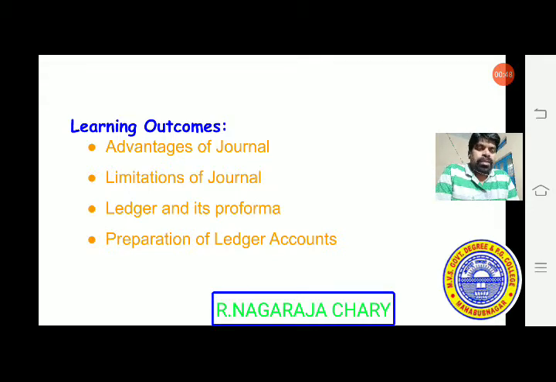So, after completion of journal entries, we have to post each and every aspect into the concerned ledger, concerned account. So, that is why we have to know ledger and its pro forma. So, that is why our next topic after completion of limitations of journal is ledger and its pro forma. After that, preparation of ledger accounts. How do we prepare ledger accounts? So, these are the learning outcomes of this video lesson. So, let us continue,